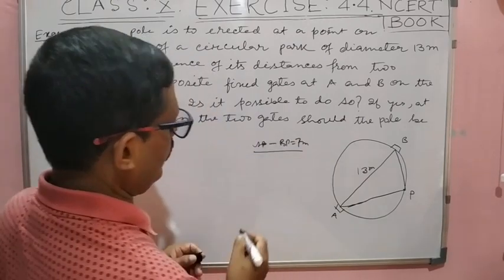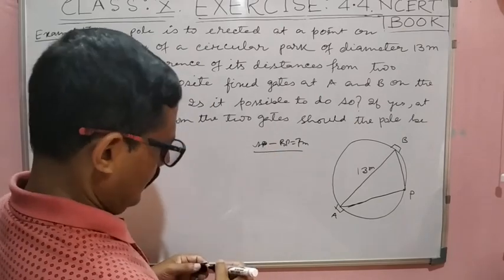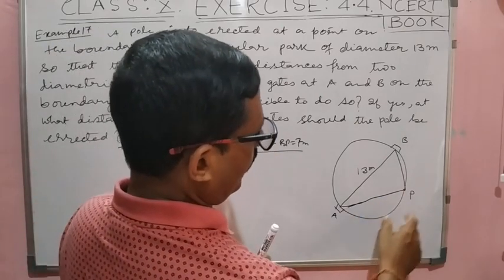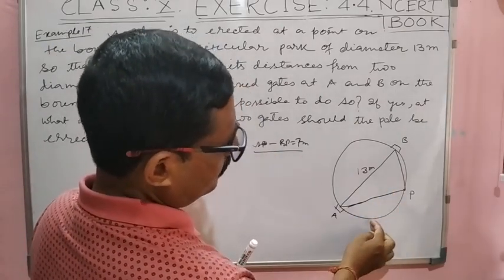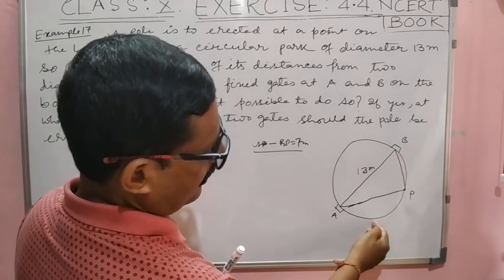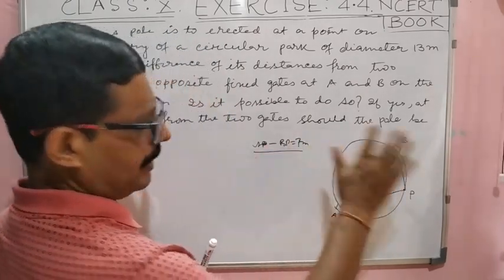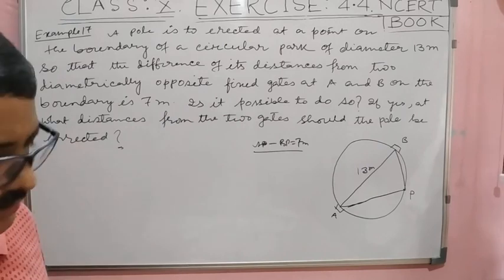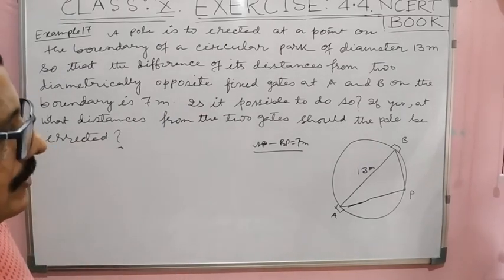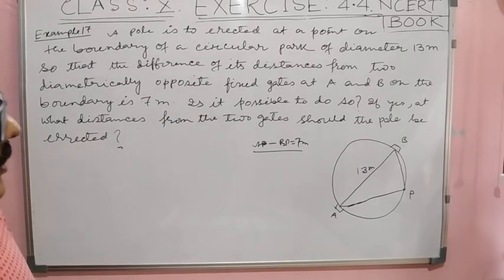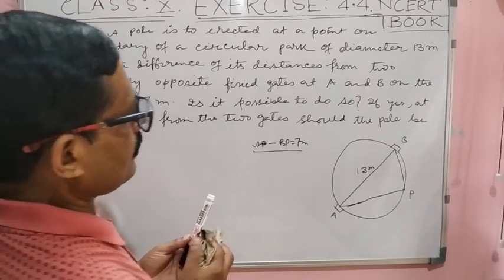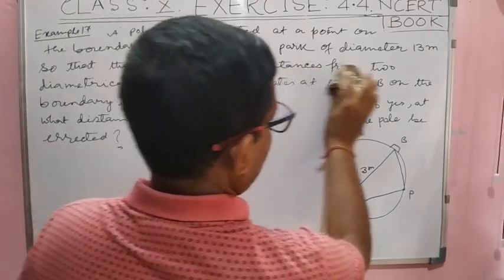It is given here AP minus BP. As in our diagram, we have considered AP longer. You can take P here also. Then BP will be larger, AP will be smaller, then it will be BP minus AP. That depends on you what to do. So this is the question. So let us start. How to do this? See.